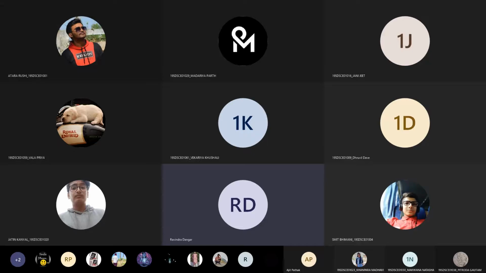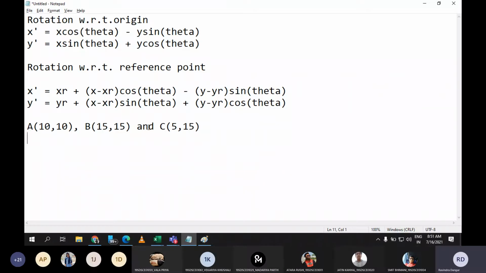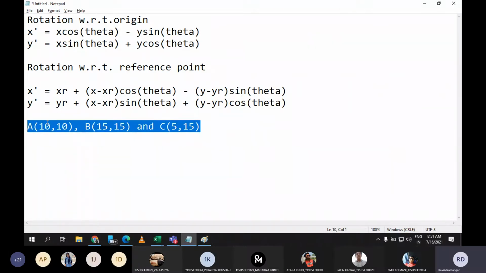So here what we are going to do is rotate this entire triangle by applying any angle with respect to any particular point. It is up to you which point you want to rotate the remaining points about. You need to tell me which point should be considered as the reference point. You can go with any point, it's up to you. Tell me so that in this example we can use that point as a reference point.